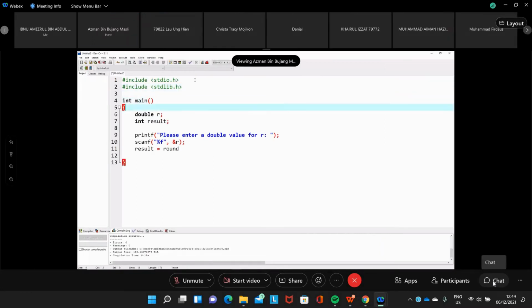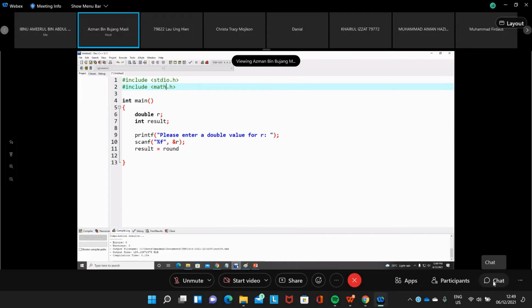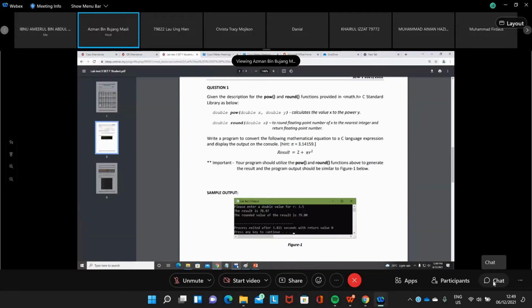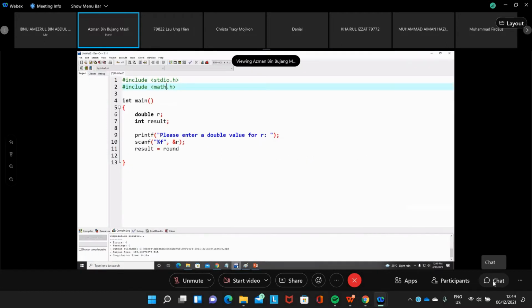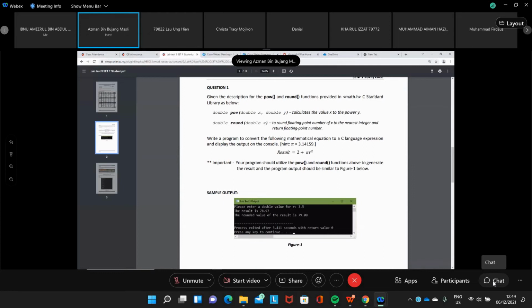Math.h. Oh no, I forgot, this is not a standard library, it's math.h. And then result equal to the round function.